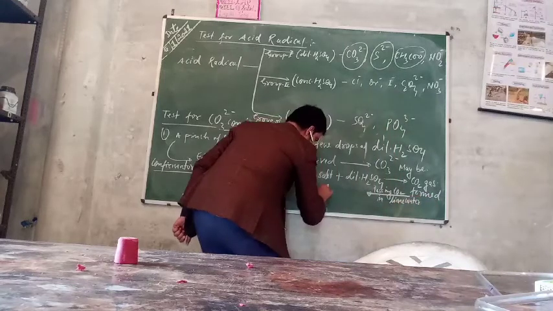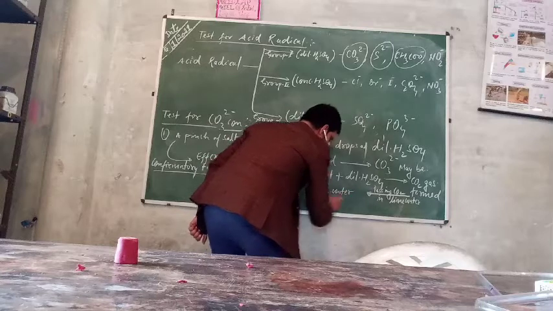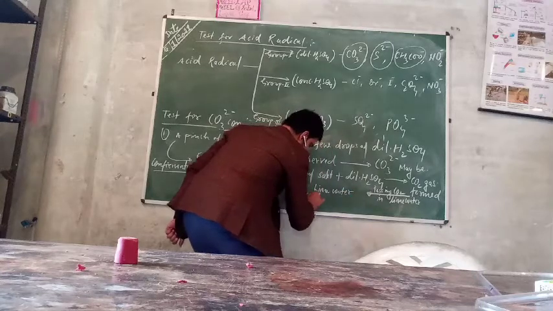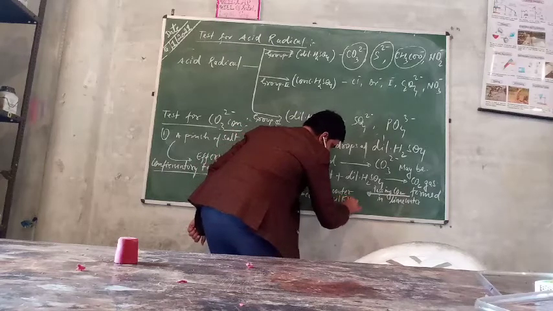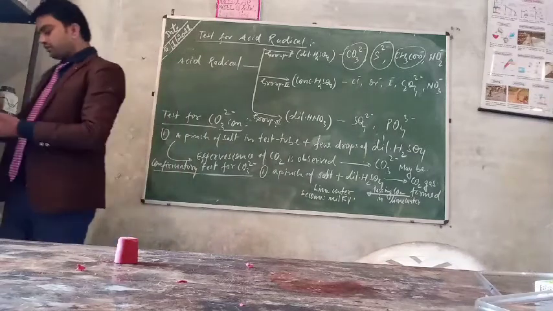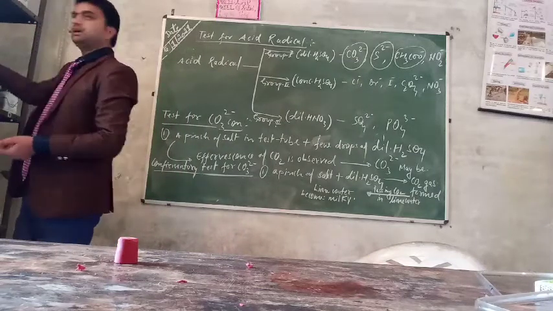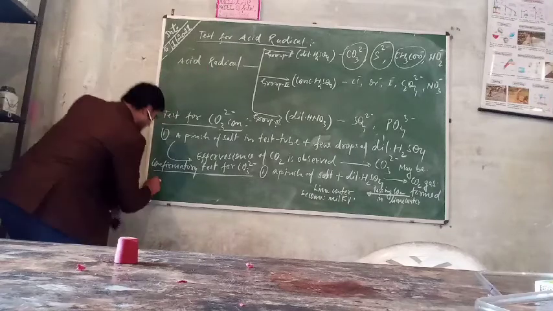Lime water becomes milky. This is the first confirmatory test for the carbonate ion. Clear? The second confirmatory test is the